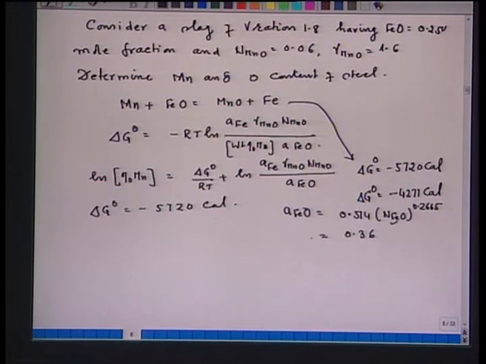So, we know now activity of FeO, we know gamma MnO, we know NMnO, and activity of iron we take equal to 1. Delta G naught is known to you, and R we substitute 1.987 in the respective unit. T we take 1873 Kelvin, and then we calculate, for example,